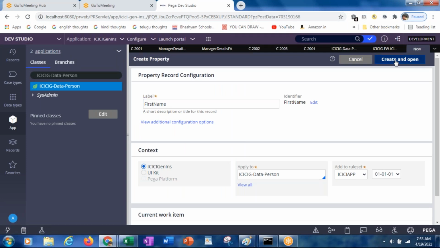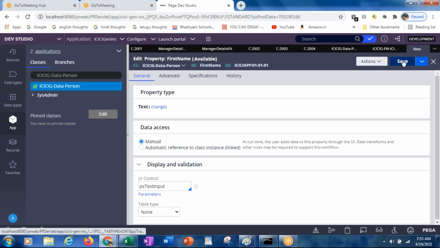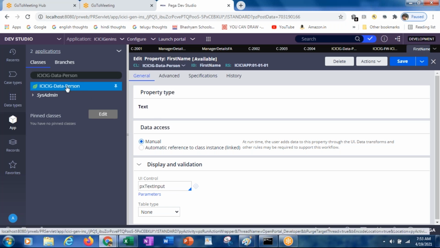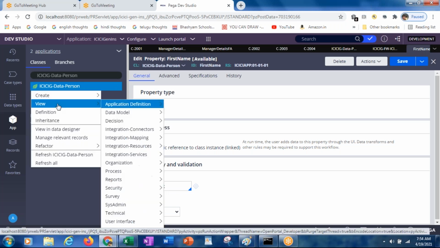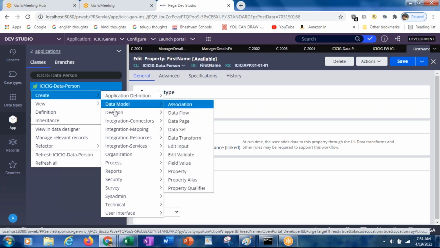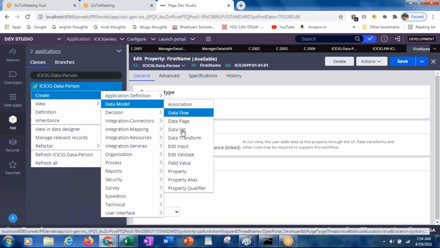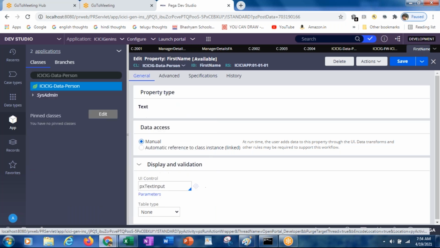First, we will create all these properties. First name, text only. Again we can create from here, data model property, or by going to the action menu. Here we have something called data set also.